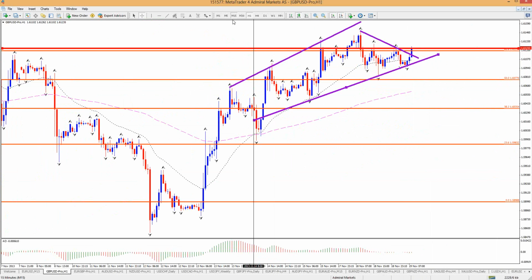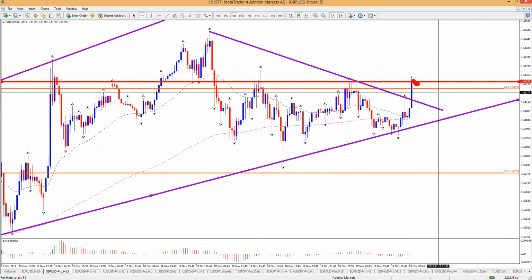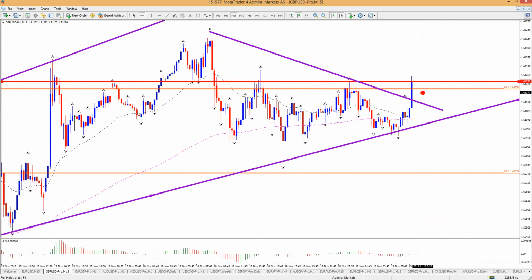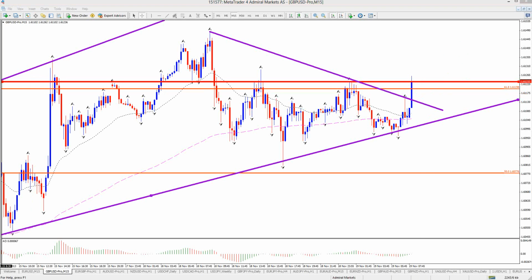But then again, personally, I would rather wait for a bit more confirmation, maybe with price staying above here with at least one candle as a confirmation of that breakout, and then waiting for the hook back after the sustainable breakout for that continuation. So that's my plan, I guess. Other than that,